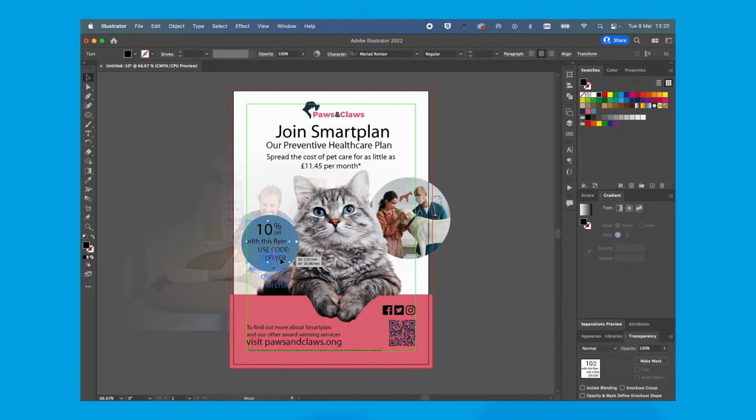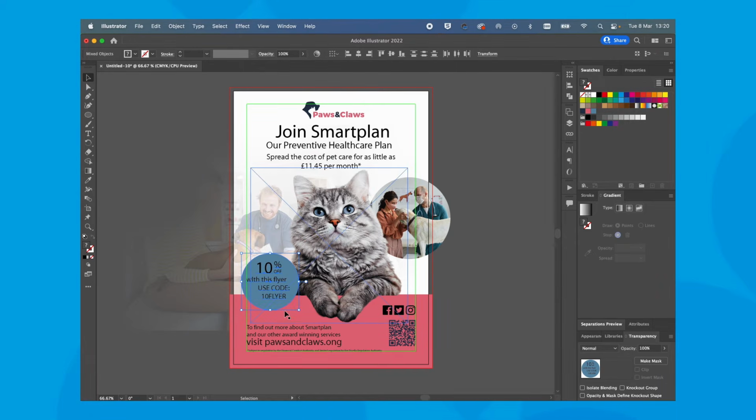I'm just going to think this is the final resting place. Sorry, I didn't have the circle selected there. I think this will eventually sit somewhere like this to kind of encroach on this space. And I want to make sure my text doesn't go over the edge, and obviously I need to align all this.